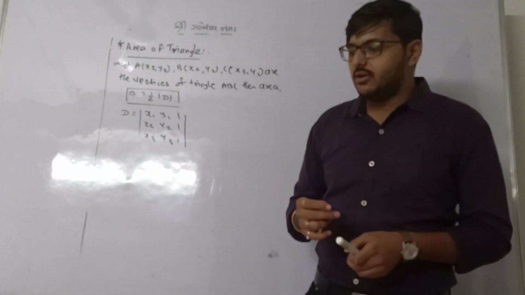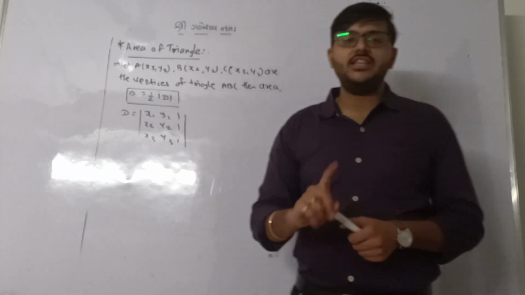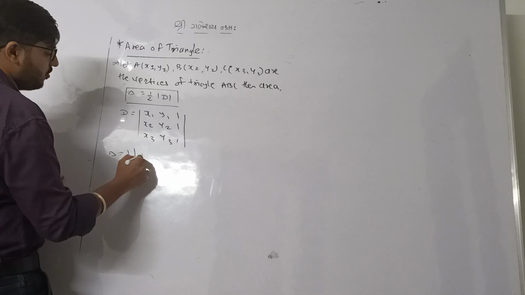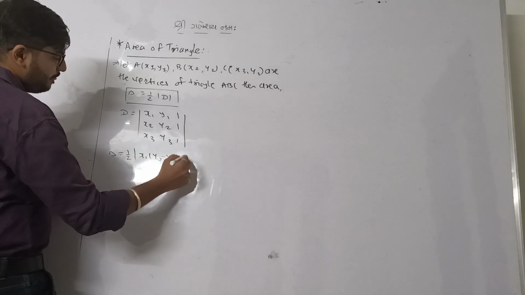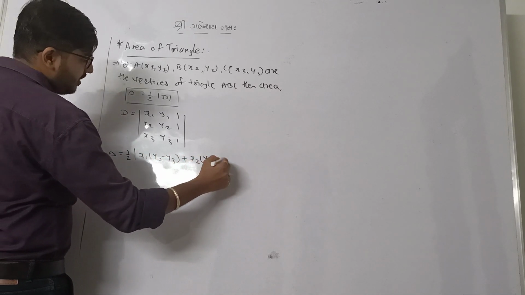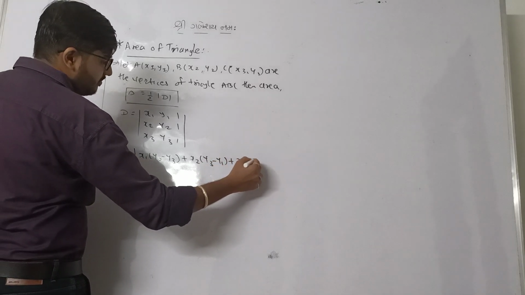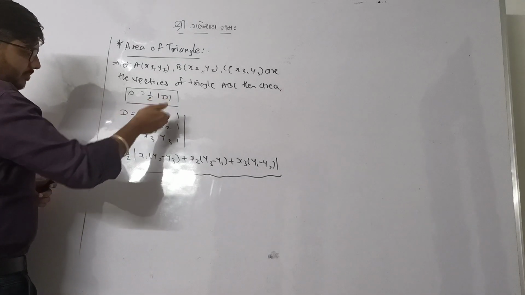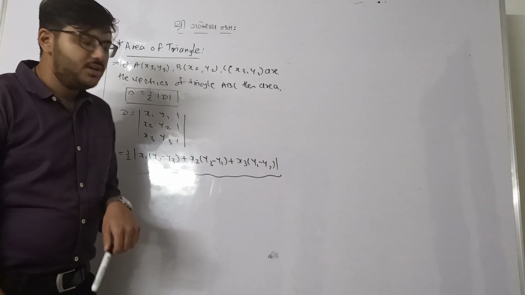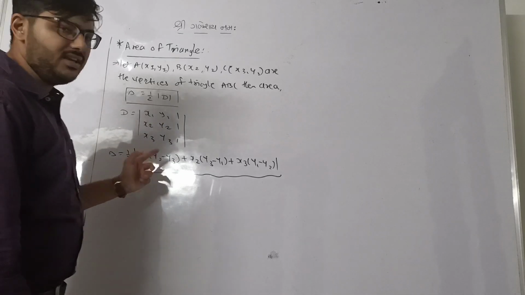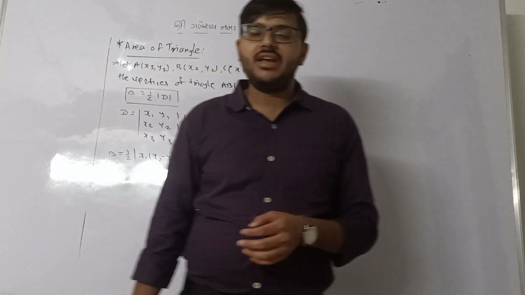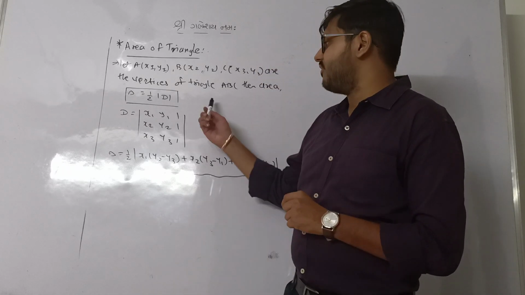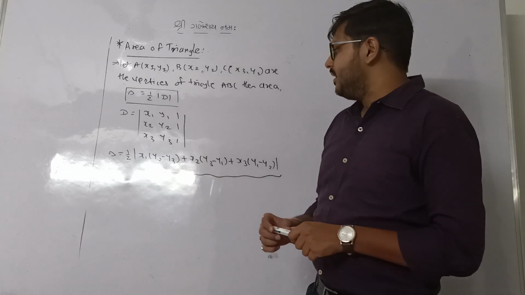Right? Let me remind you, in your lower standard, in 11th standard as well as 10th standard, you studied that area of triangle is equal to half mod of x1 (y2 minus y3) plus x2 (y3 minus y1) plus x3 (y1 minus y2). You studied this equation, right? So when you expand this determinant, we'll get this same expression. Okay. So either go with this or you can apply the equation. But it's better that when we solve descriptive questions based on area of triangle, go with the determinant method, right?